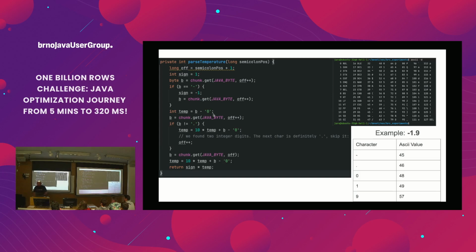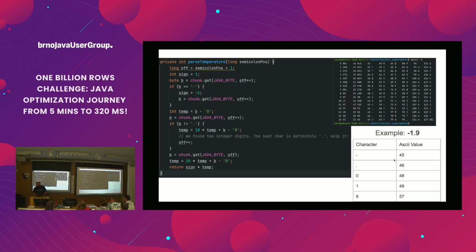Why? Because 0 in ASCII is 48. So I have 49, I subtract 48. So at this line, the temperature is 1. It should be, right? Then it skips the dot, and then it does the same with 9.